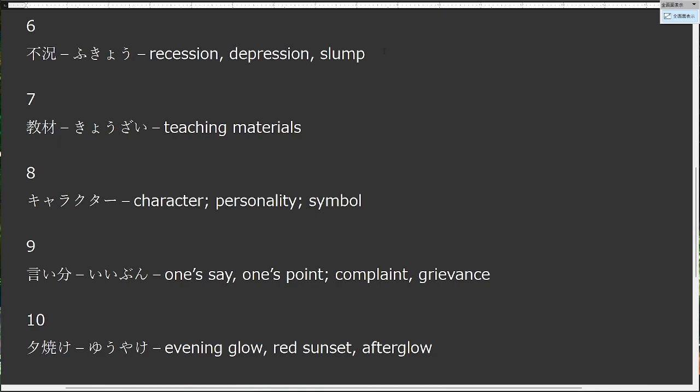Notice how slump and depression are both just kind of general states of bad. It's hard to describe exactly what a depression is in terms of situations. There's the mental state depression, which has a very set definition, but fukyo is more like a slump in that it's just a general malaise, kind of a bad situation in general. A fukyo is a bad or slumpy situation.